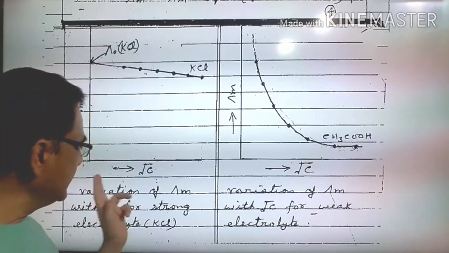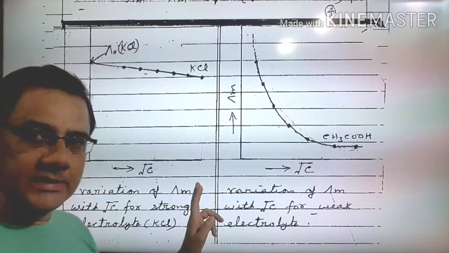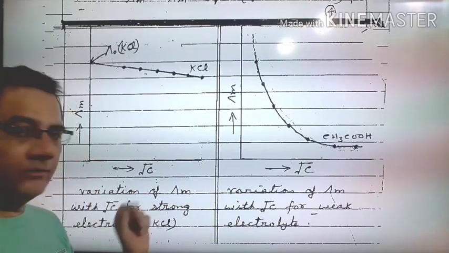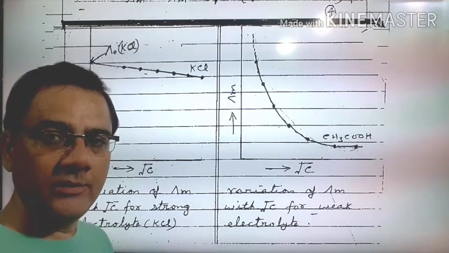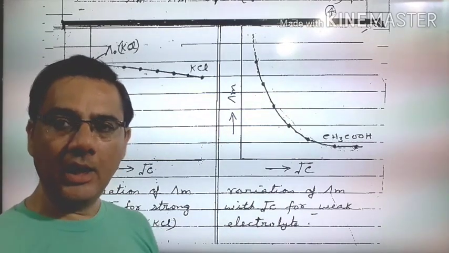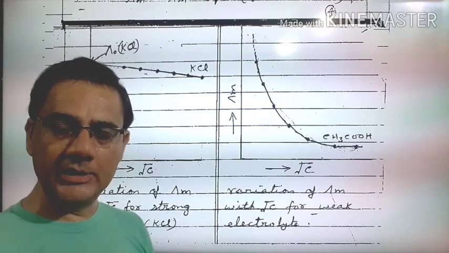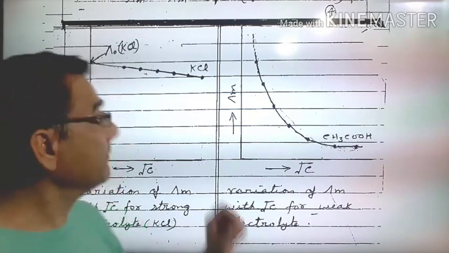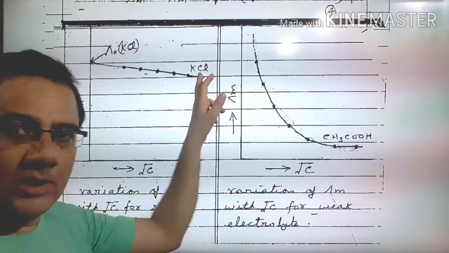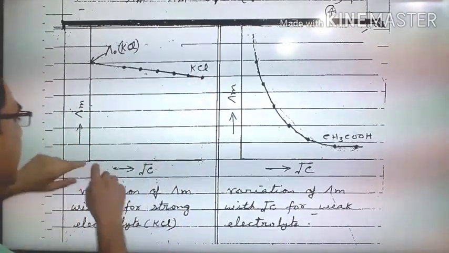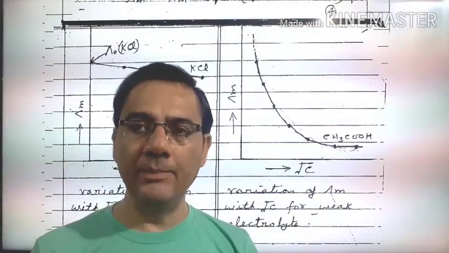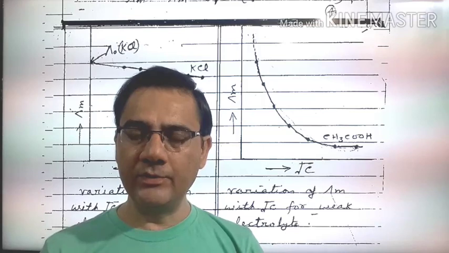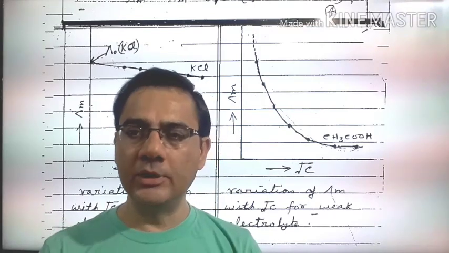Again listen, if we move from this side to this side, we are increasing the concentration. When we move from this side to this side, we will decrease the concentration, or we will dilute the solution. So here we are diluting the solution, and we will study how the value of molar conductivity changes on dilution in case of strong electrolyte. So this is the strong electrolyte, and see how it changes. In the starting only, it gives the maximum value of the molar conductivity because a lot of ions have been produced. Now we have to dilute the solution.